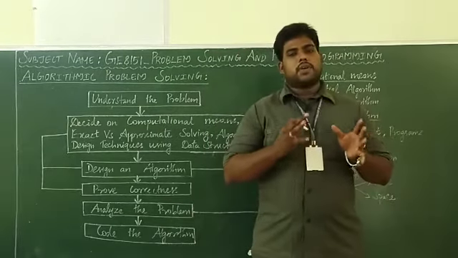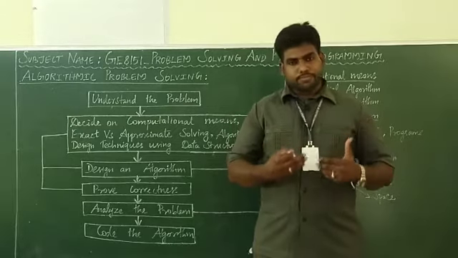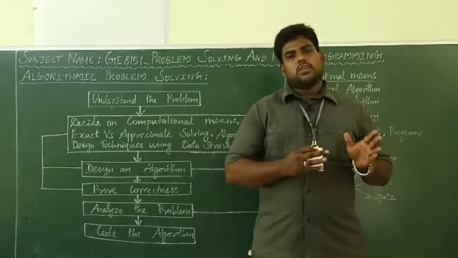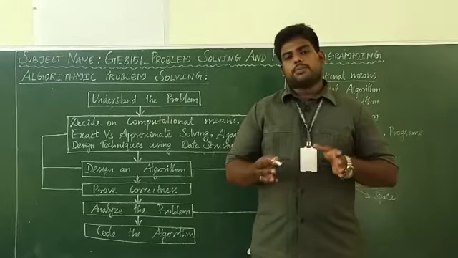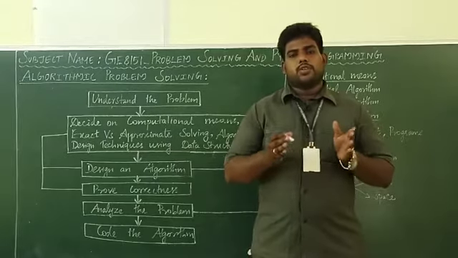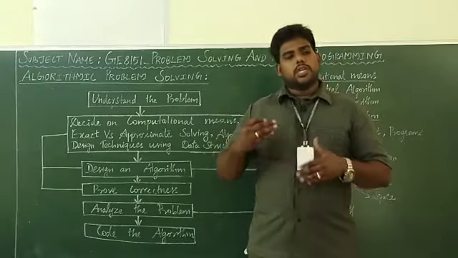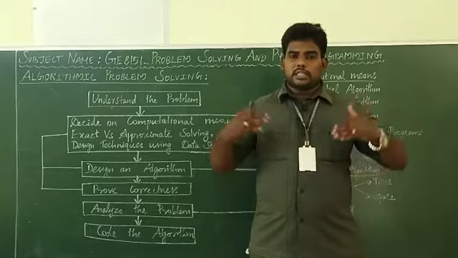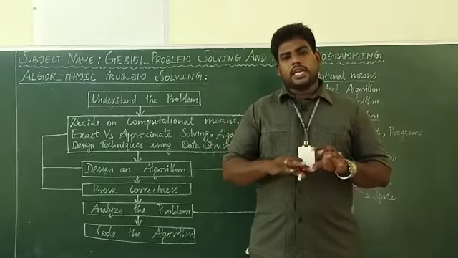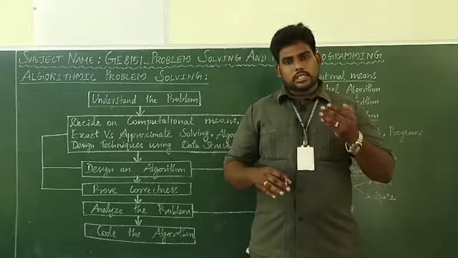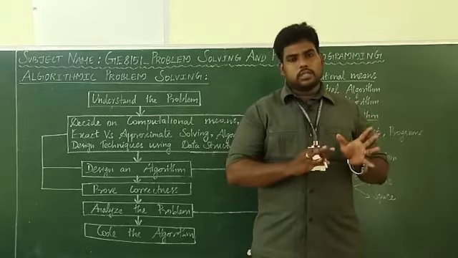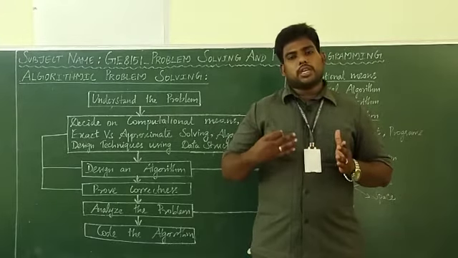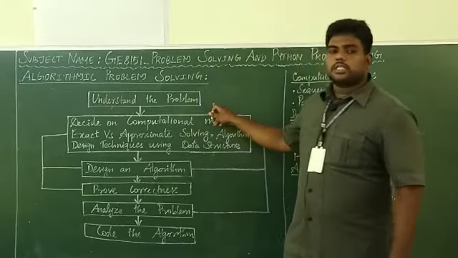For example, for finding the factorial, you are going to write the algorithm. So what do you have to do? How many inputs are required? Then what's the logic? Factorial means multiplication, right? 5 factorial means 5 into 4 into 3 into 2 into 1. So here we want to use looping. Then you want to get the input. Like that, we have to understand the problem first. We have to read the problem clearly and understand exactly what it is, and we have to create a lot of questions, so that after that we can find the solution for the questions. That's the first step, understanding the problem.